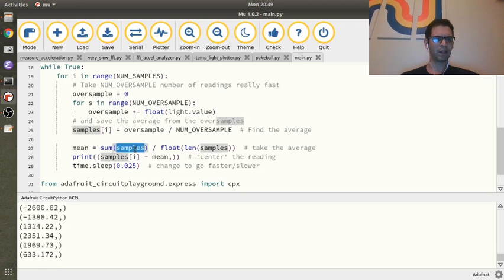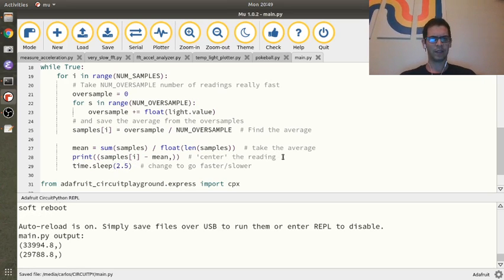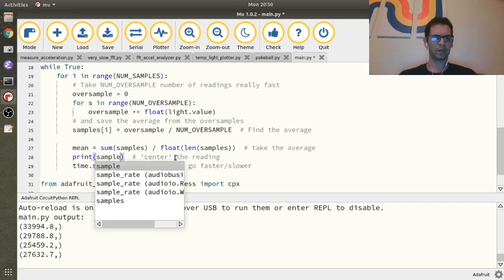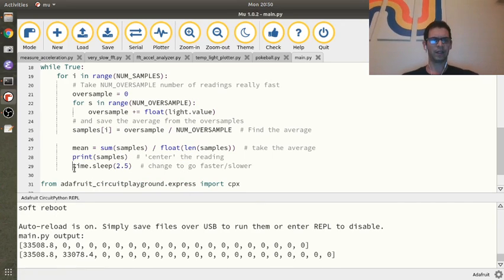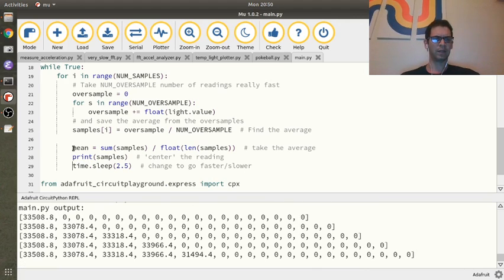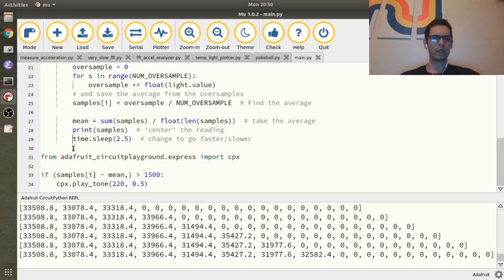Because if you do sum of samples and you're only in the first iteration, right? Like if we do, let's do print 2.5, so we can see one at a time. And then instead of printing i, I'm going to just print all of the samples. And so you're going to see it's populating this thing. I feel like you don't want to compute the mean until... it's almost like you want to compute the mean at the beginning,